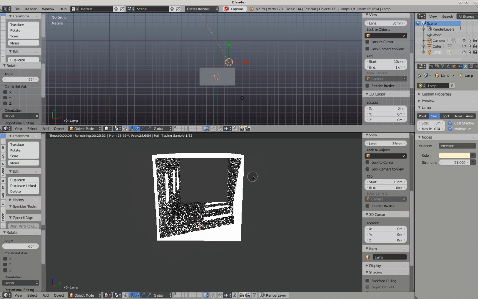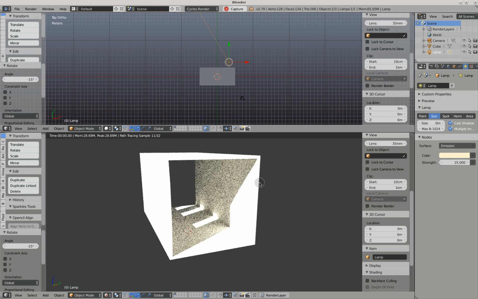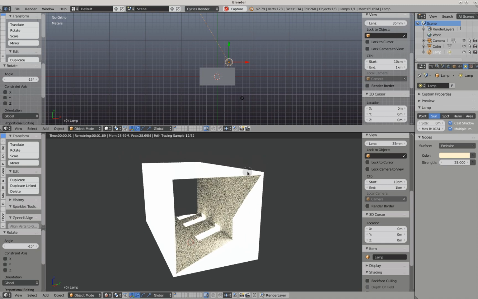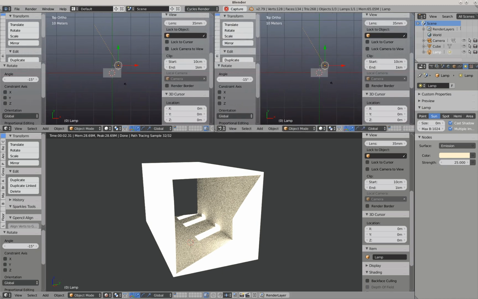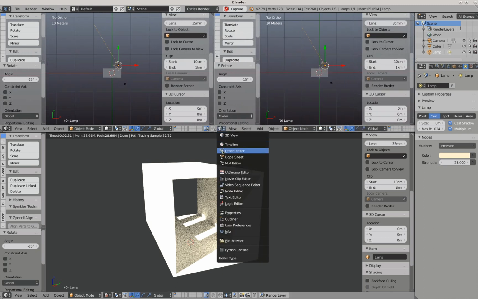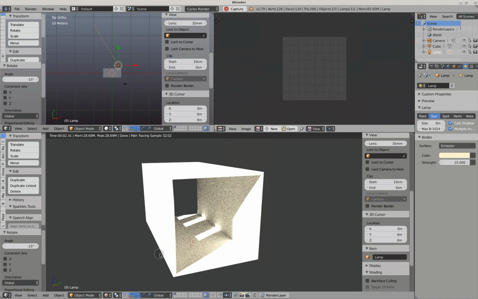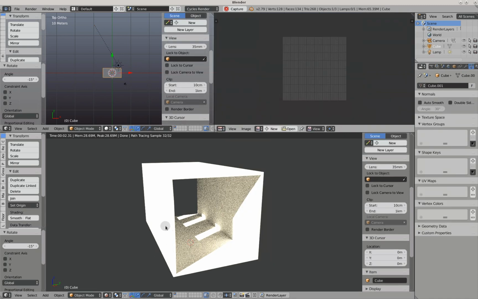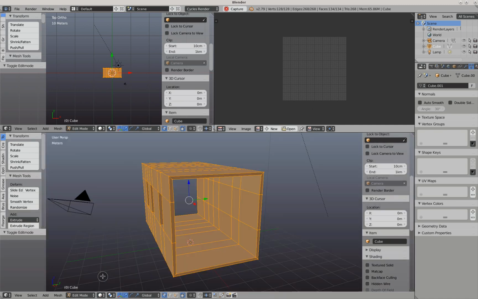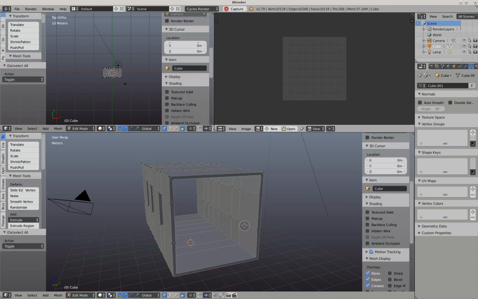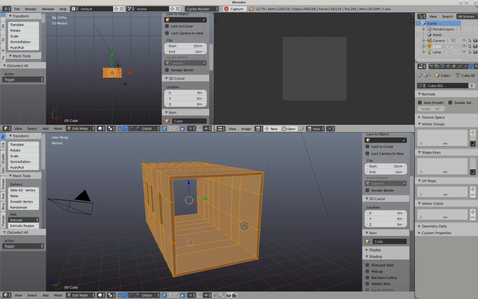Now that we've got our lighting done, we need to come up with some materials. So we're going to split this screen in half, and we're going to go to UV editing, and in the bottom here we need to go back into edit mode. Sometimes it seems to really need to be in solid. Okay, so we want to make sure we have everything